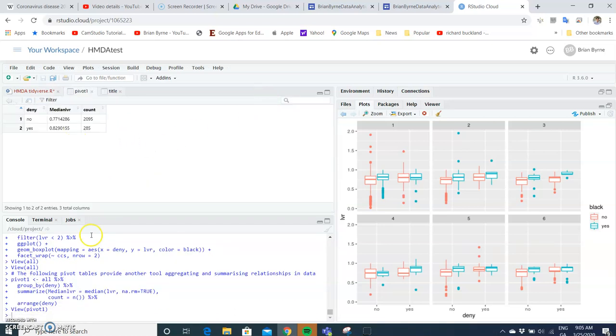Very simply, again, the code we can see is down here, and we compare against what we have here. Interestingly, when banks approved, deny equals no meaning approved, the median LVR, the loan to value ratio, was 77% for those who were approved. And for those who were denied a mortgage, those applicants came with a median LVR that was